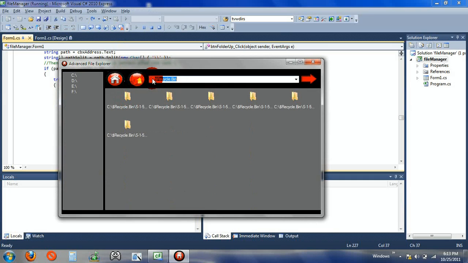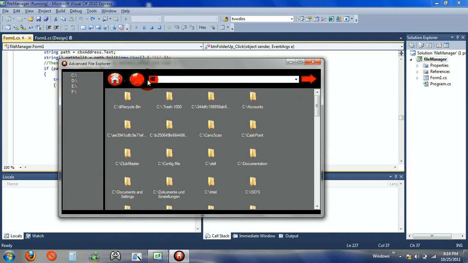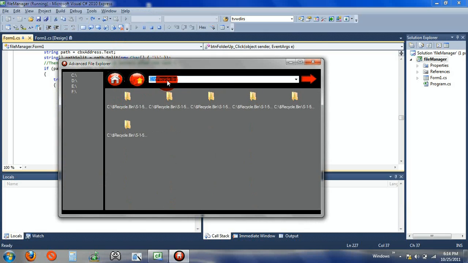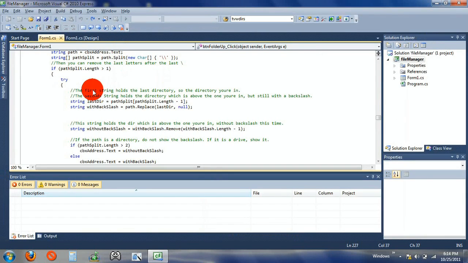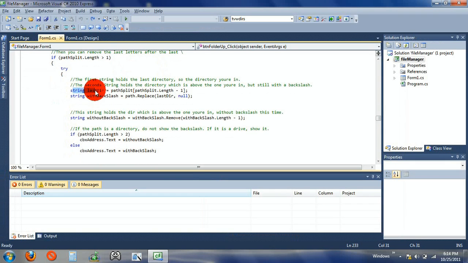So if you've only got one element, that means that you're in a drive and you cannot go up further, so it doesn't. And if you're in a folder, it's greater than 1, in this case it's 2, and then it can remove it. So then we make a string last directory, so the directory that we want to jump up to, that's just path split. So the array path split.length, so in these brackets there you have to